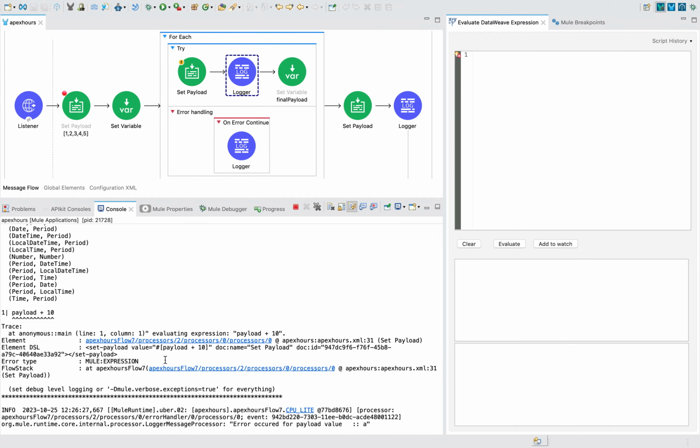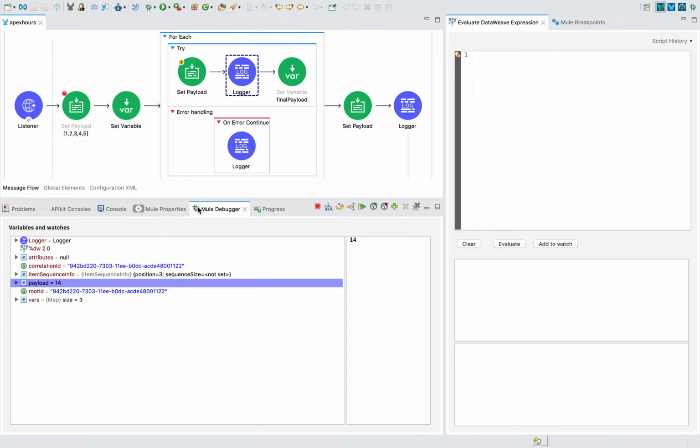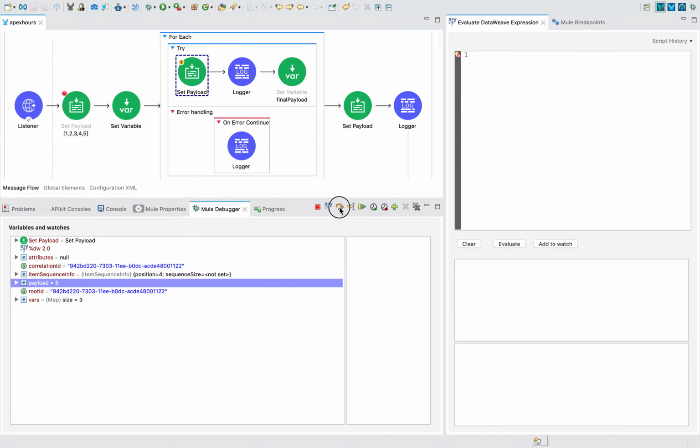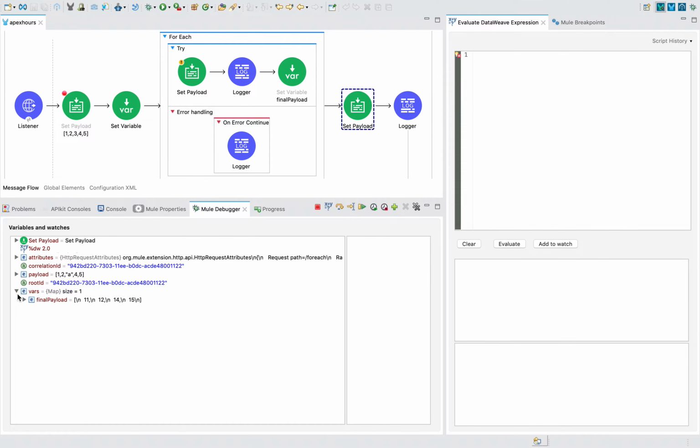And in the logger you can see error occurred for the payload value A. Okay, now rest of the values are getting processed. Now last value will be like 55. 5 plus 10 is 15. Okay, now it will come out and see